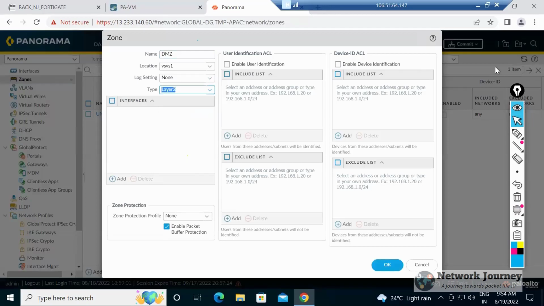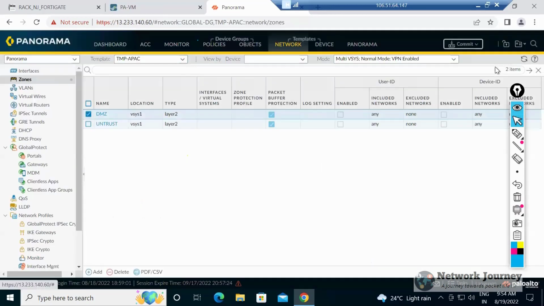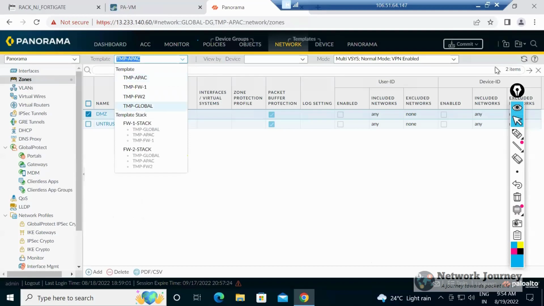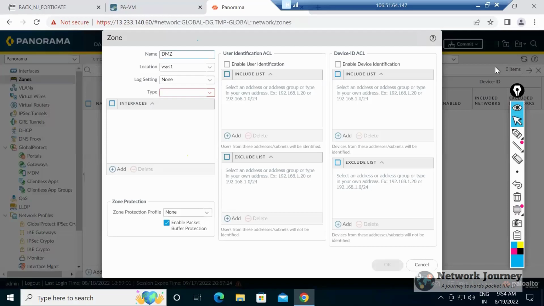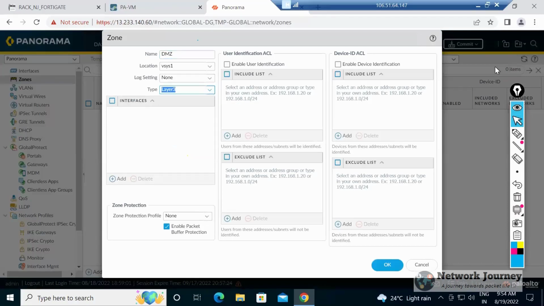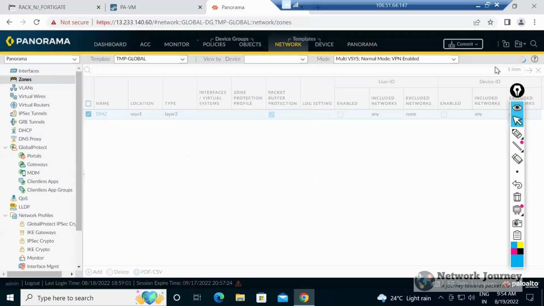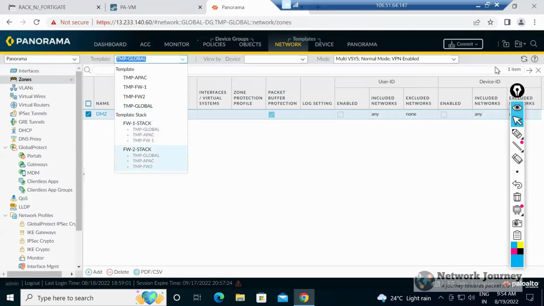And this time it is layer 2, let's say, and going down to global, again DMZ. This time I'll just do layer 3. All right. So when I go to Firewall 2 stack,